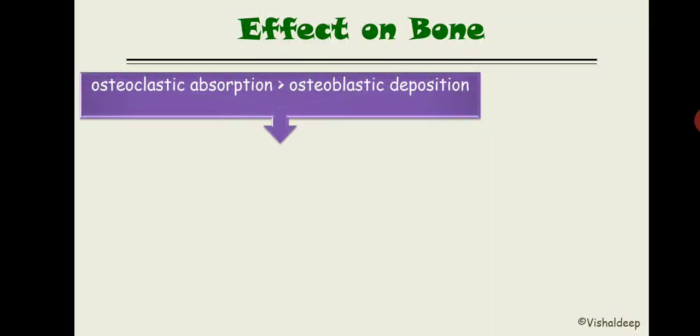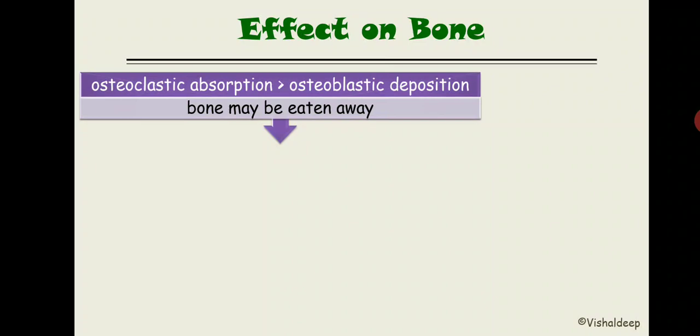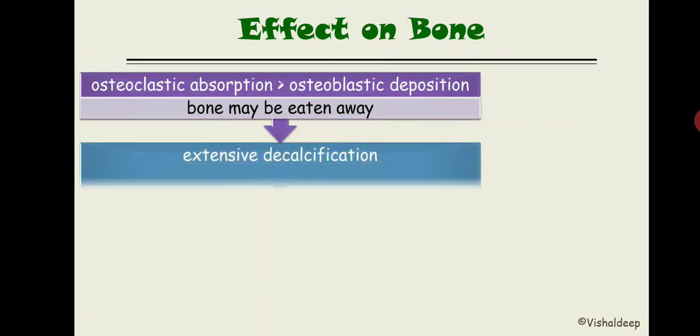Now as far as hyperparathyroidism is concerned, because of the higher amount of parathyroid hormone in the circulation, osteoclastic resorption will be more as compared to osteoblastic deposition. So the bone may be eaten away. This is the phrase I took from Guyton: bone may be eaten away, and extensive decalcification will develop, and this extensive decalcification ultimately leads to space